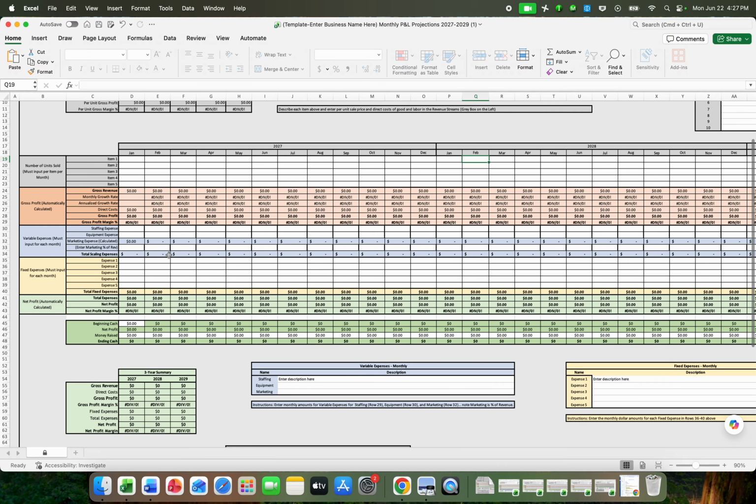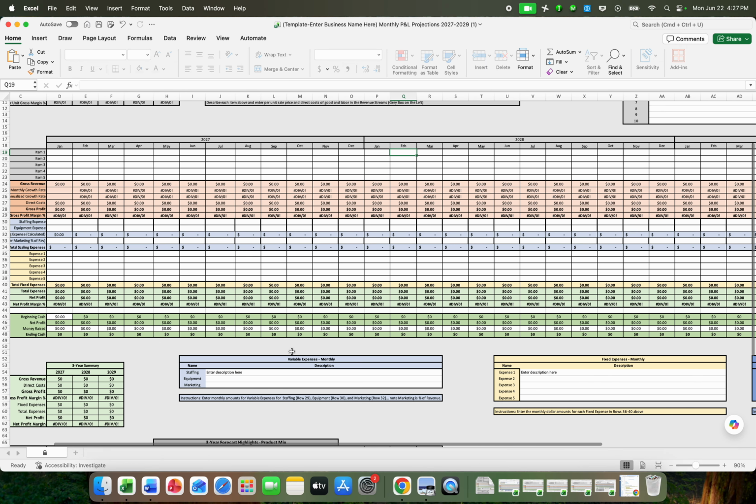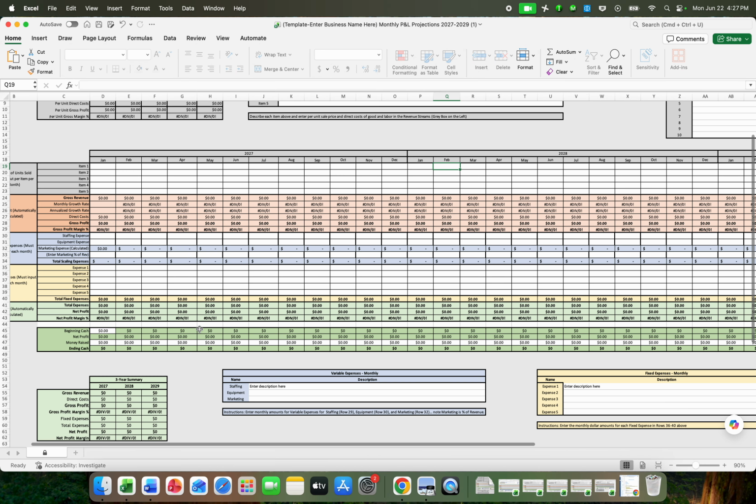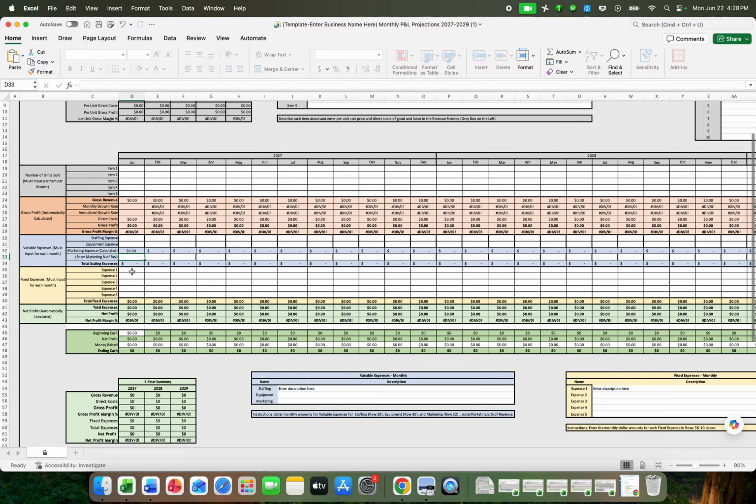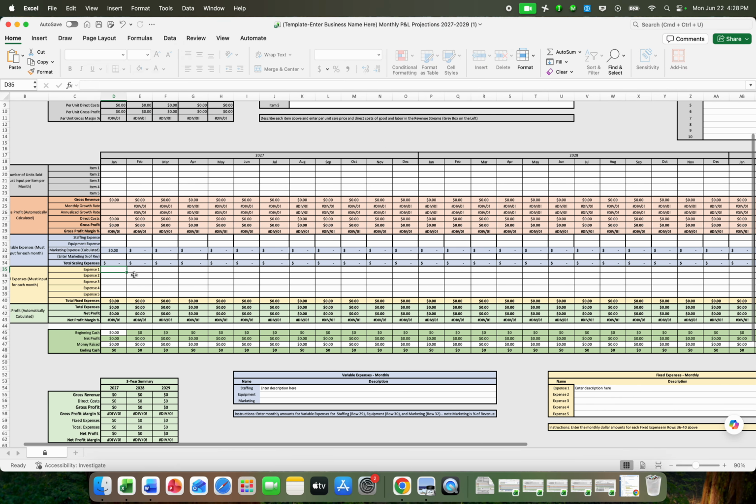Then we would enter those things in each month and be able to create that calculation. We'd put a description down here, and then it becomes shorthand. So our marketing might be Meta ads, and up here, marketing percent of revenue, you could just think of that as shorthand for Meta ads. Equipment expense might be manufacturing cost. Up here would be the shorthand. We enter those things in. Now the fixed expenses, maybe it'd be domain, dedicated IP address, email hosting, CRM,